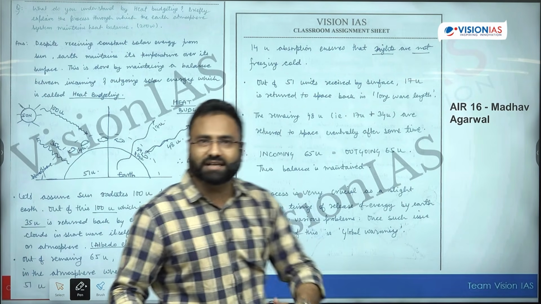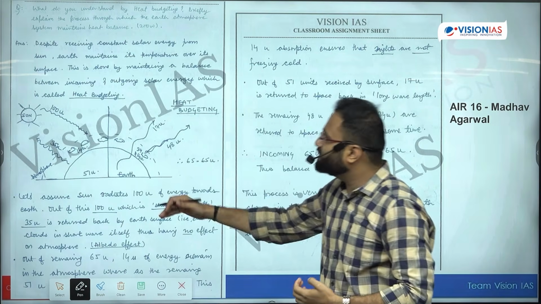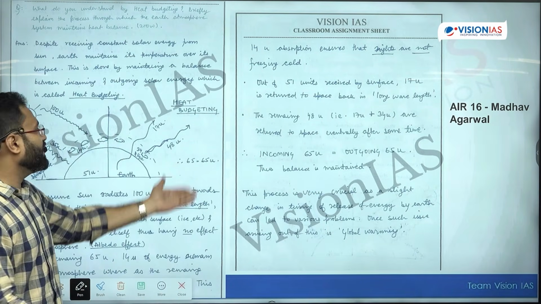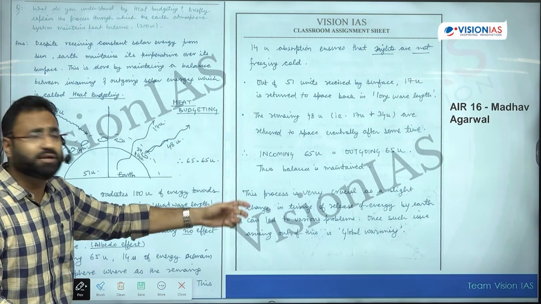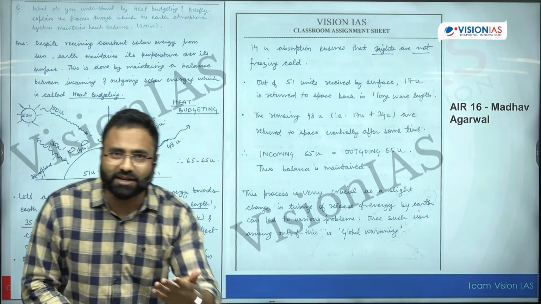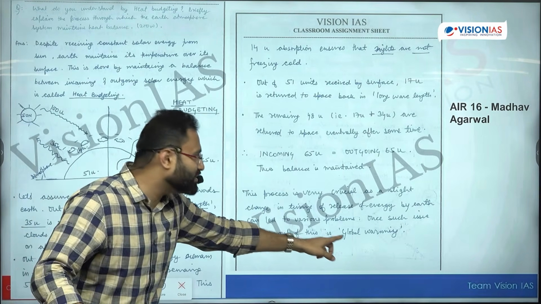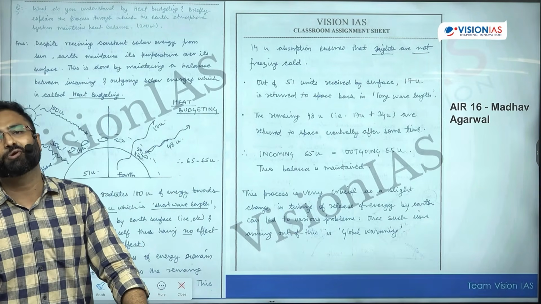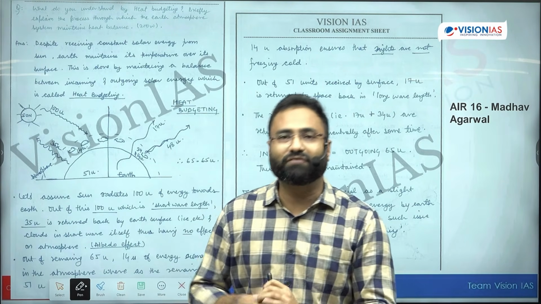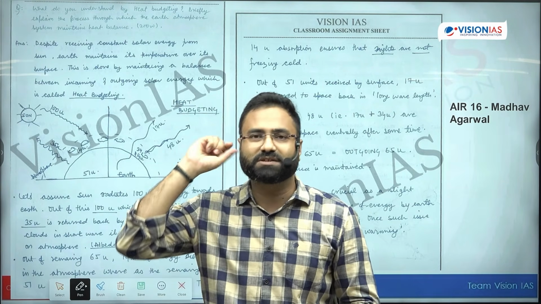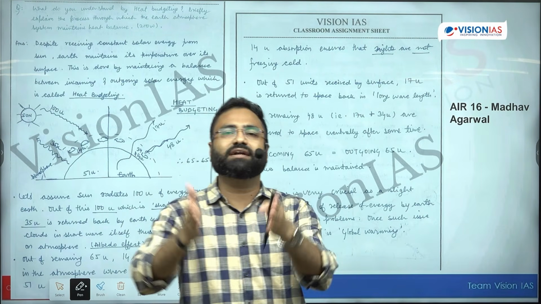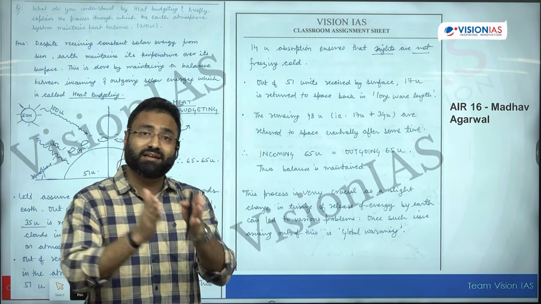He had started the answer with the heat budgeting, then he structured his answer talking about the process of the heat budgeting. He had given a lot of facts and some numerical values with respect to that, and in the end, through the application of mind, he had tried to relate it with issues like climate change and global warming. Now with strategic thinking, with certain aspects that you can think from your mind, you can collect your thoughts, gather them all at one place and write the answer.